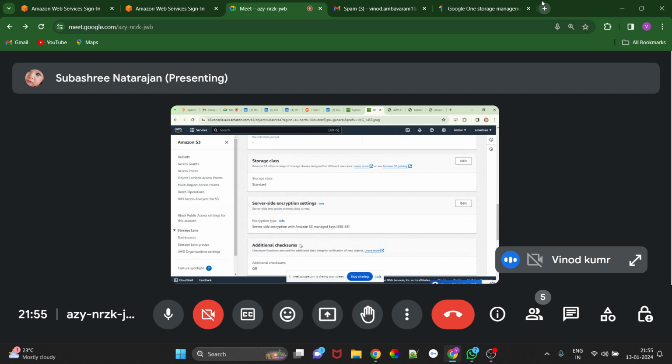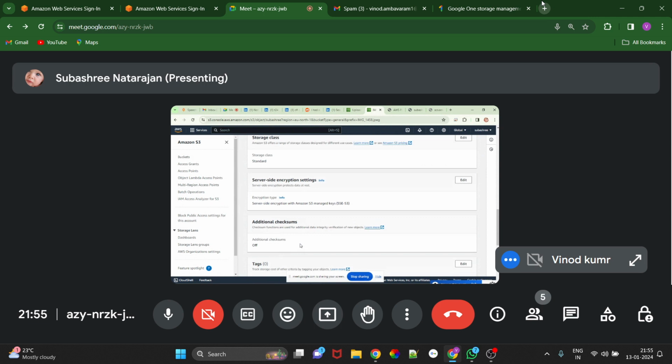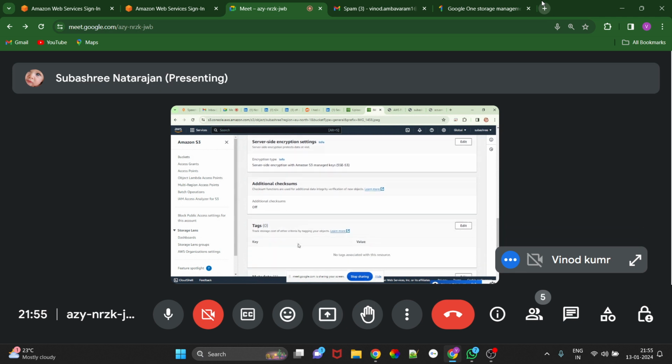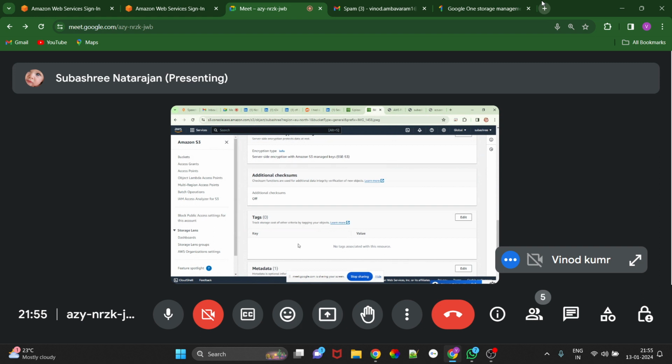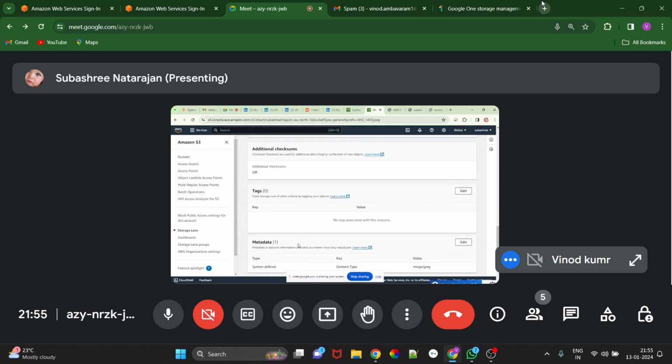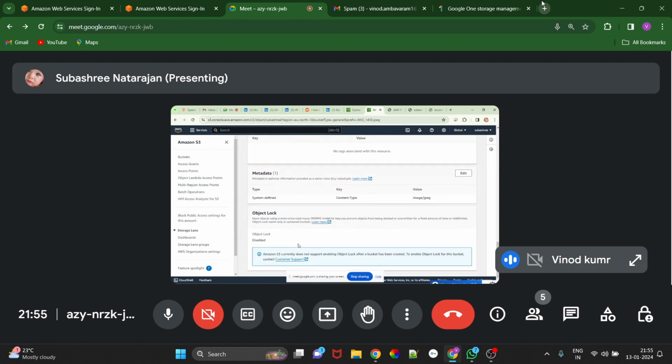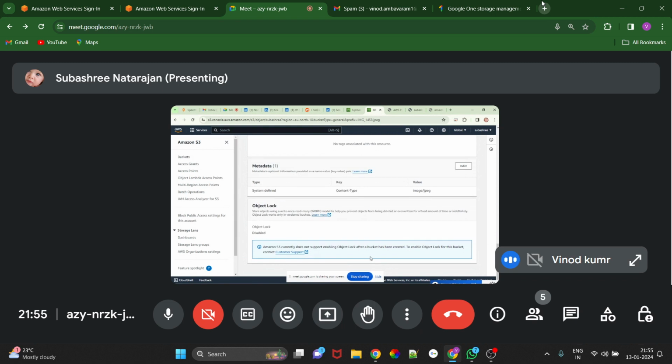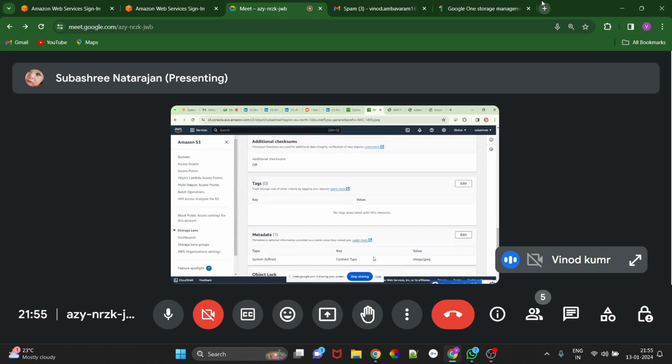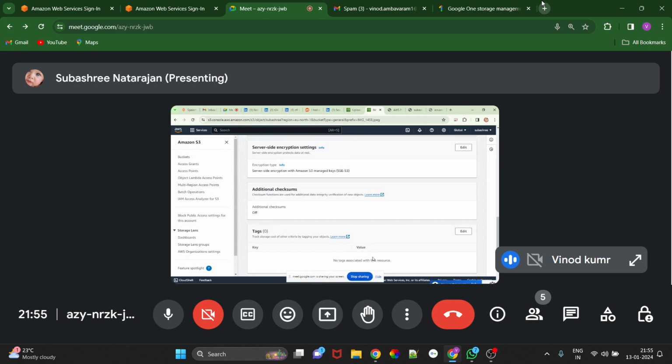Object key. Can you see it here anywhere? Scroll up. Content and type. Key metadata.